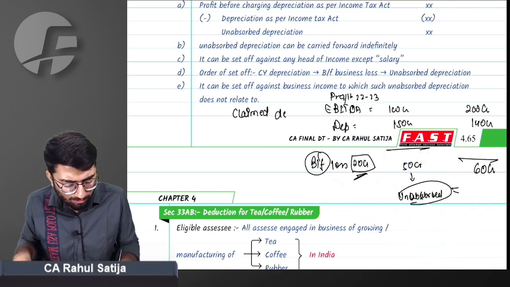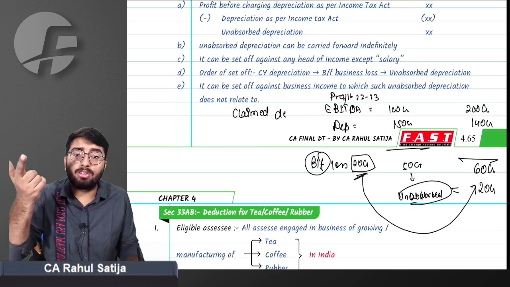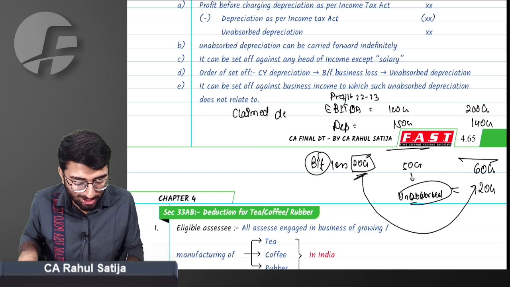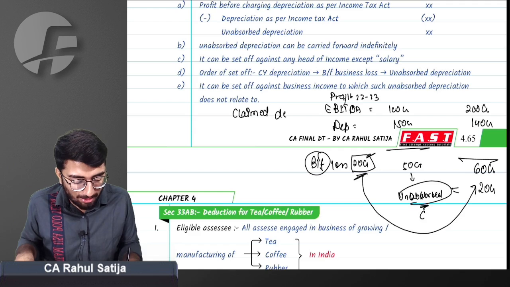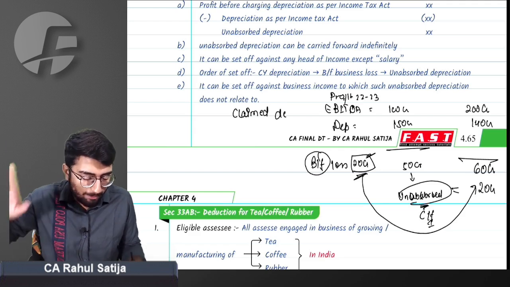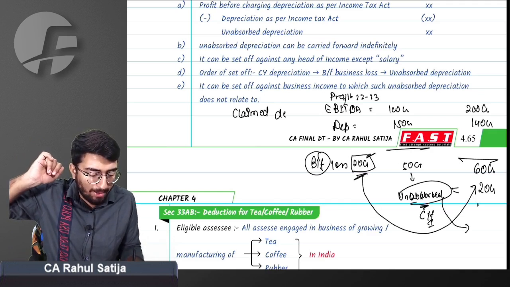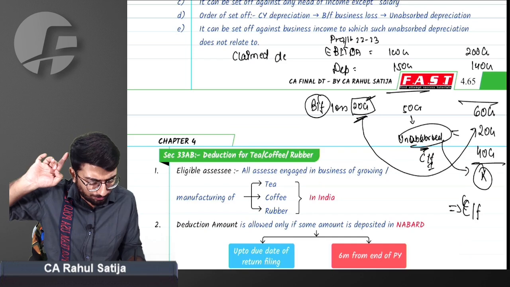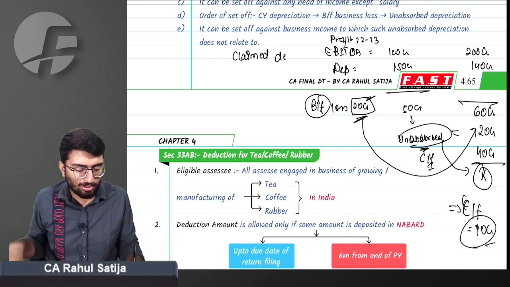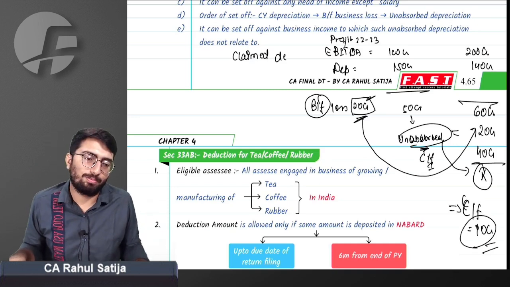The right answer is, first of all, you have to set off the brought forward losses. So 20 cr is to be set off first, because brought forward losses can be carried forward for 8 years only, but unabsorbed depreciation can be carried forward indefinitely. So in this case, we have set off 20 cr of brought forward losses and the balance 40 cr against unabsorbed depreciation. So our profit turns out to be zero, and our carry forward depreciation would be 10 cr. Got this point or not? This 10 cr would be our carry forward depreciation.